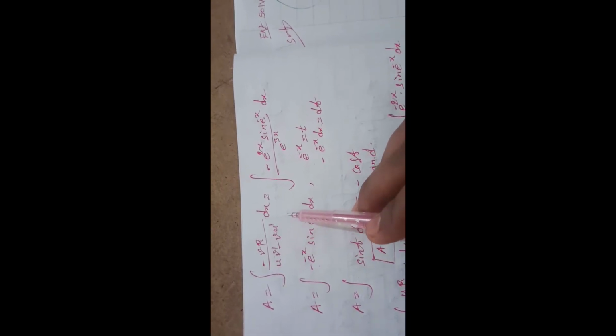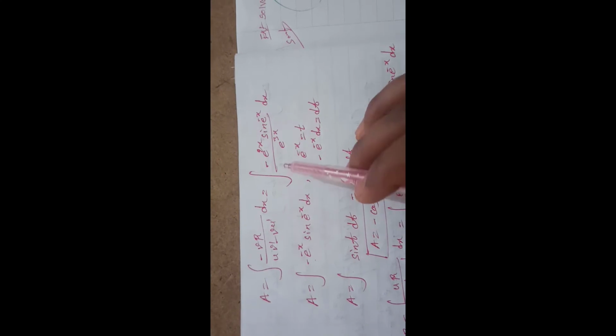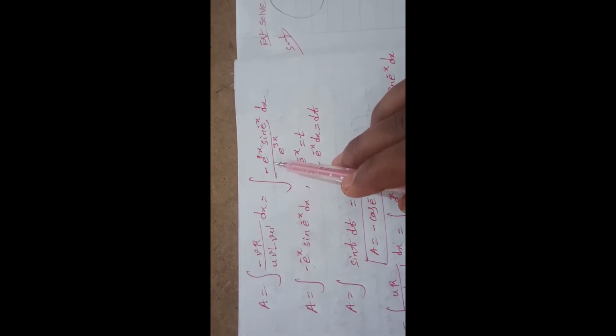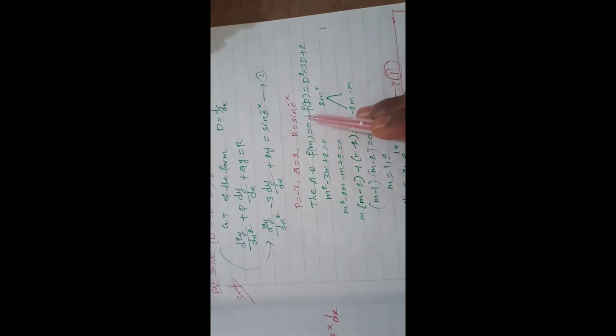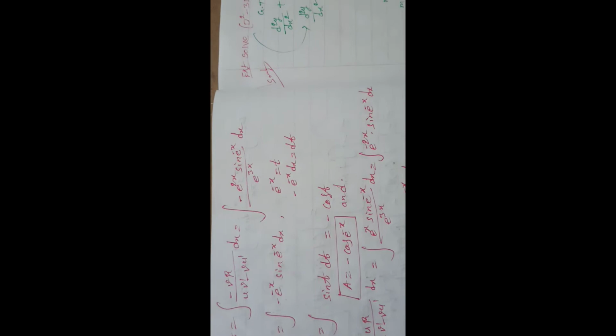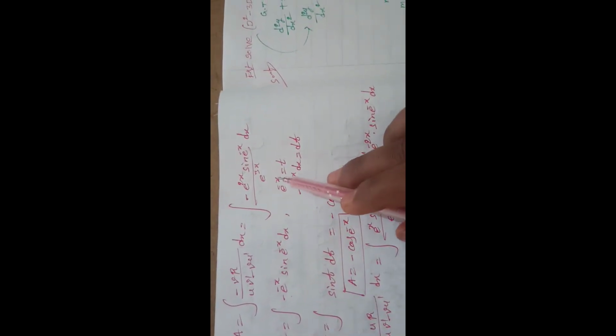See here. A is equal to the integral of −v r / (u v' − v u') dx. You know very well, I already showed you that u is e^x and v is e^(2x), and r we also found: r is sin(e^(−x)). So you are simply substituting here. For u v' − v u', in the previous step we found e^(3x).